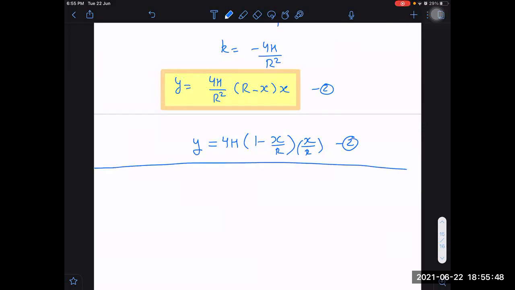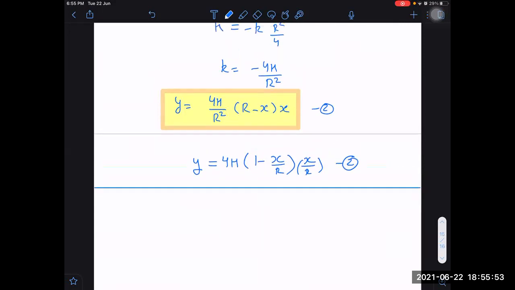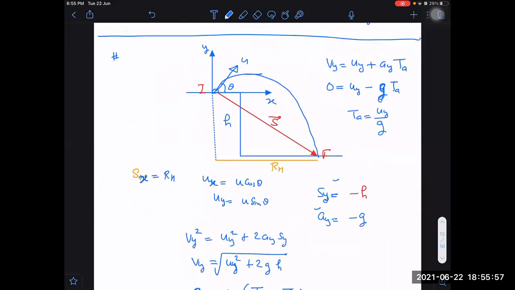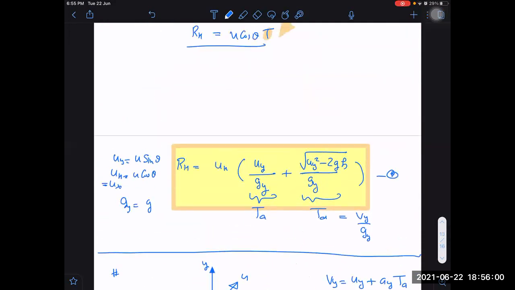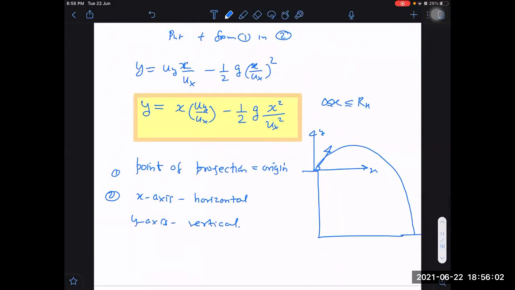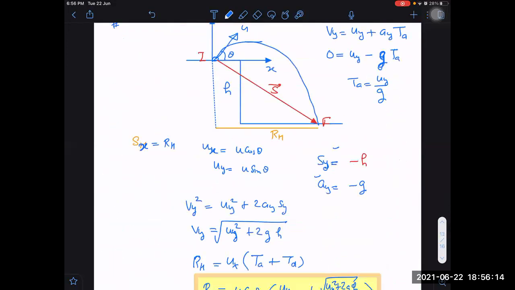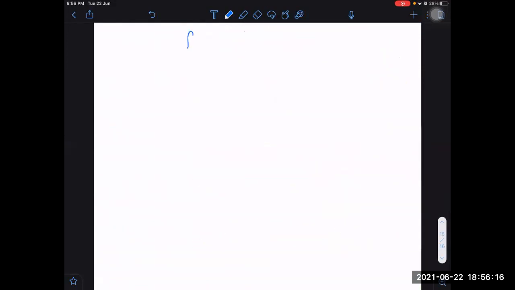Third one. The third equation we have, which I will start in terms of tan theta, will come from this only. How will I get the other equation in terms of this? I think you know that I can write tan theta equal to h by r by 2. So let me write the third equation. I am just writing from equation 1 of trajectory.